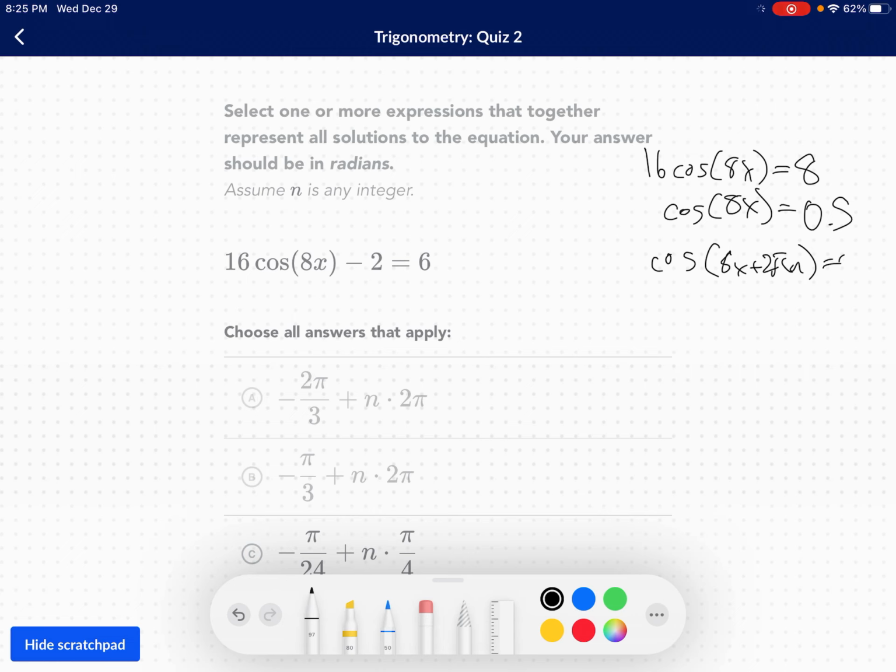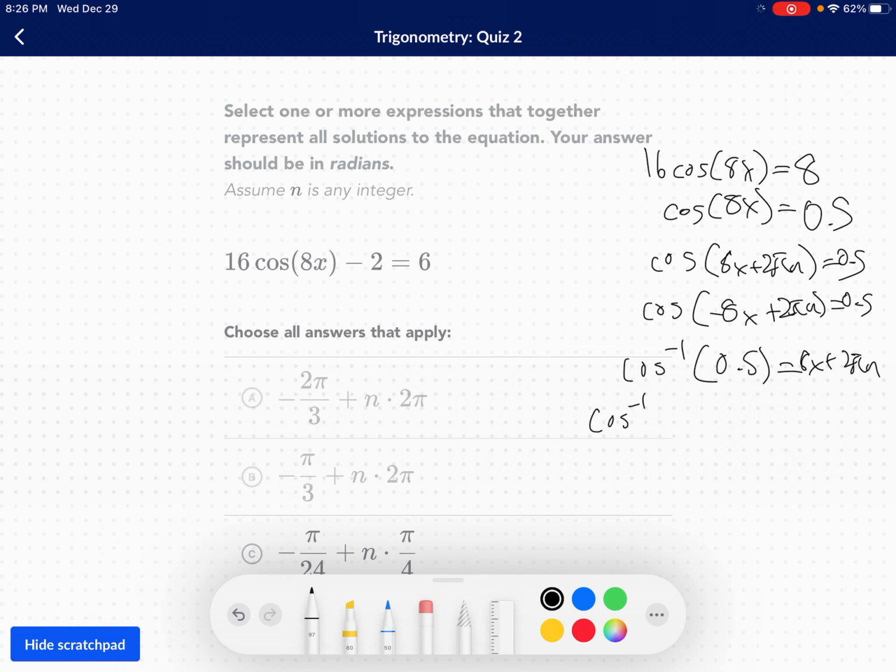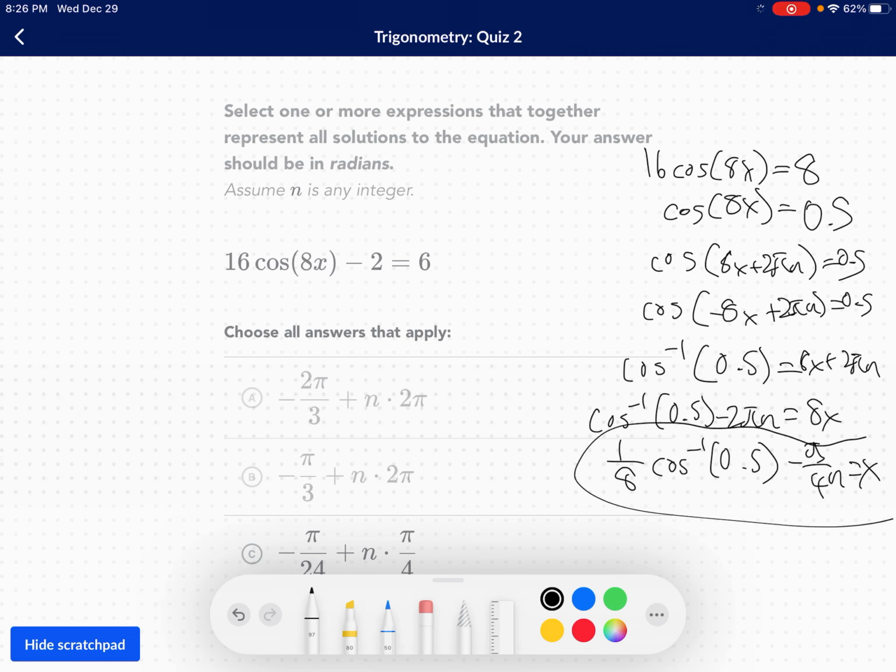Cosine of 8x plus 2 pi n equals 0.5, and cosine of negative 8x plus 2 pi n equals 0.5. Inverse cosine of 0.5 equals 8x plus 2 pi n. Inverse cosine of 0.5 minus 2 pi n equals 8x, and